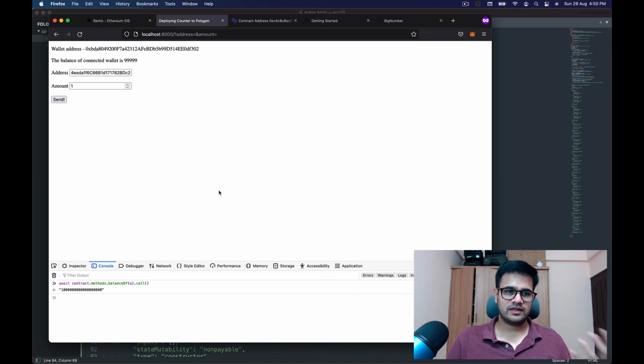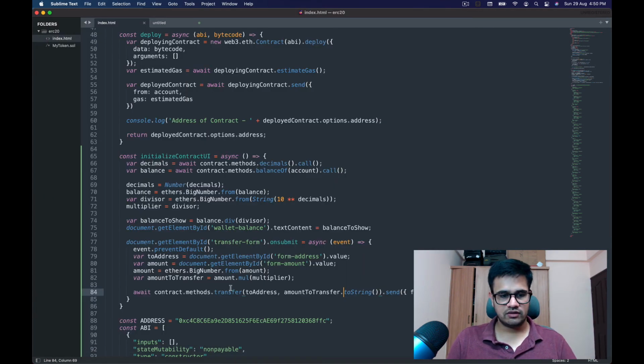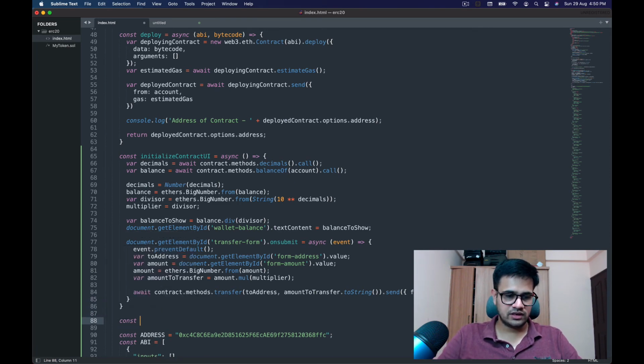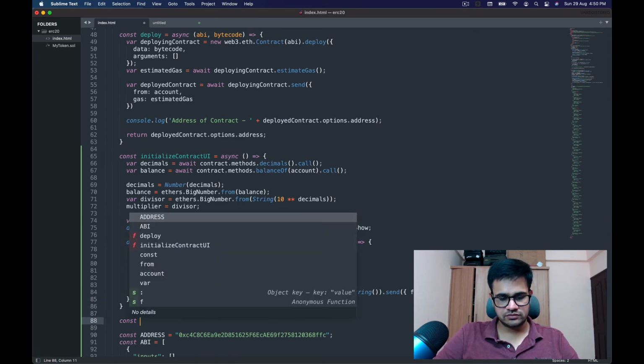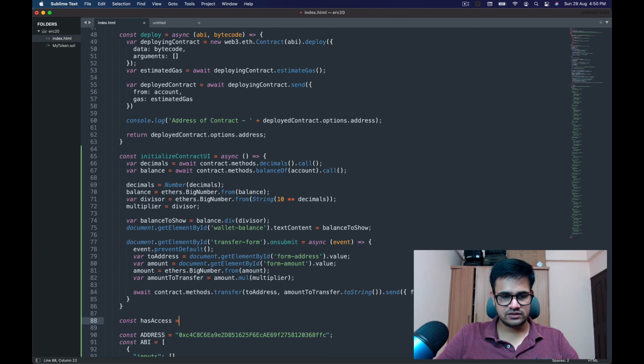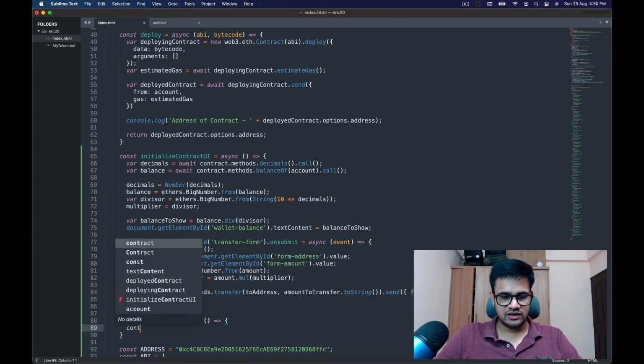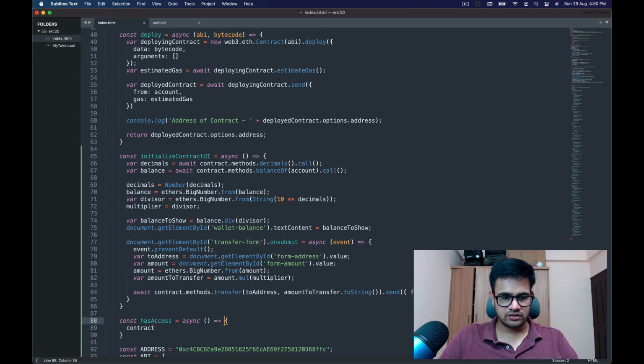So that will be very easy to build. What basically you need to do is create a function called has access, and then it needs to be asynced. You can just be like it accepts an address, and you can be like contract dot methods dot balance of.